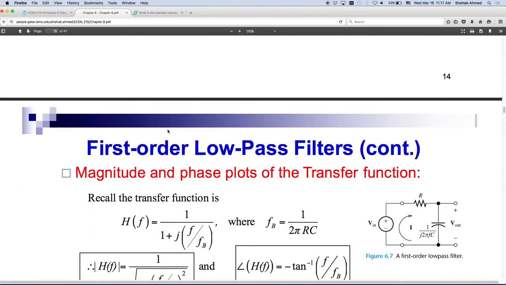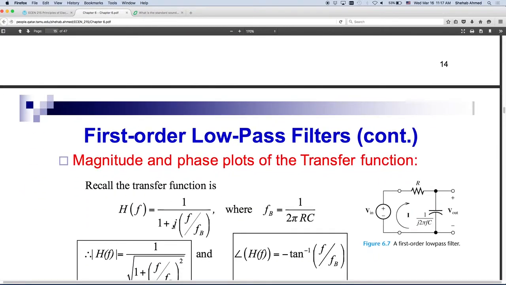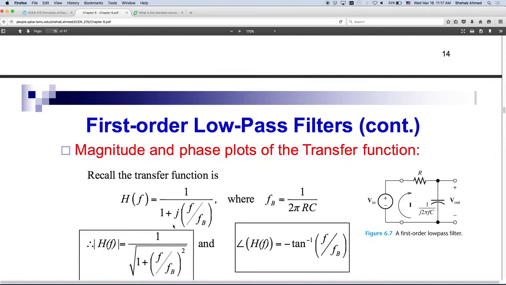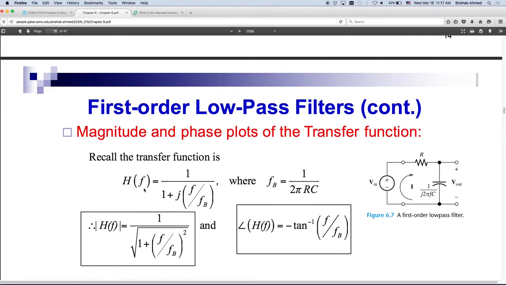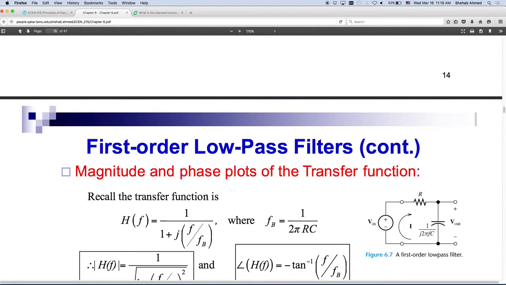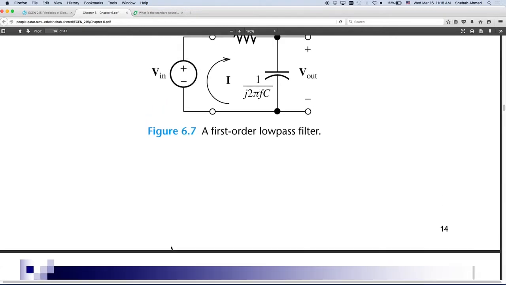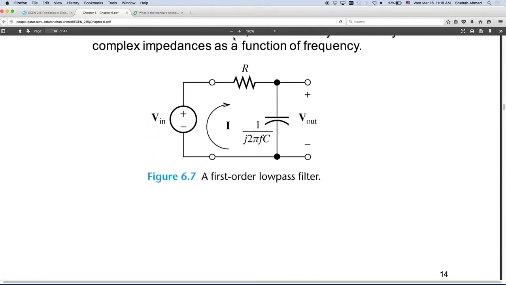Okay. Before we go to an equation that you will have in your equation sheet, I would like to define that. So remember, our objective is to find H as a function of frequency for this circuit. If we do that, then it's the same as what we did with the examples before. That's it. And we're going to do that for the low pass filter and high pass filter. So the derivation is not something I'm asking you to know, but I think it's good for you to sort of know why this is H for the low pass filter. We said that for a low pass filter,